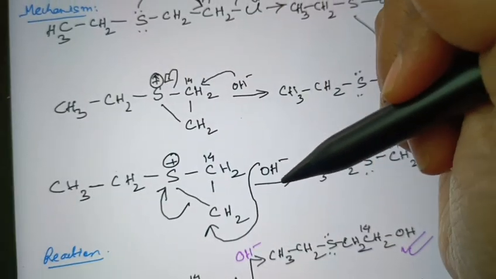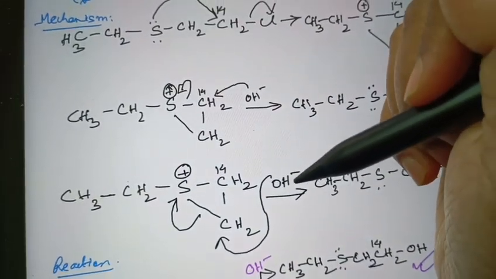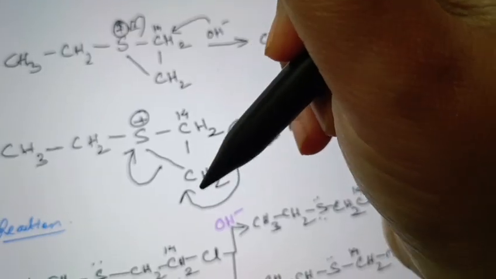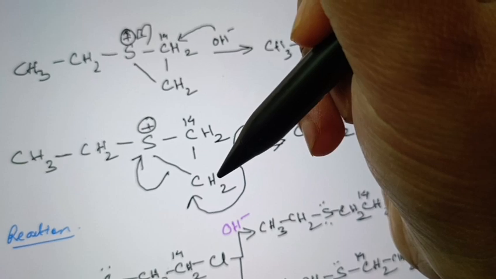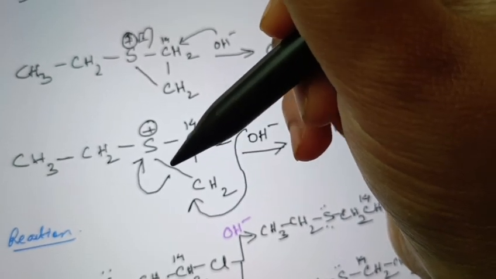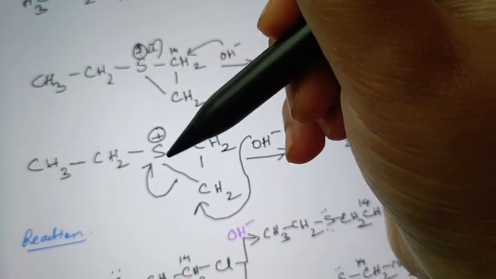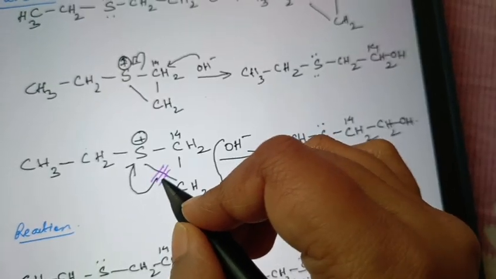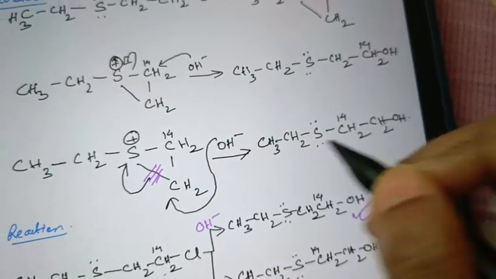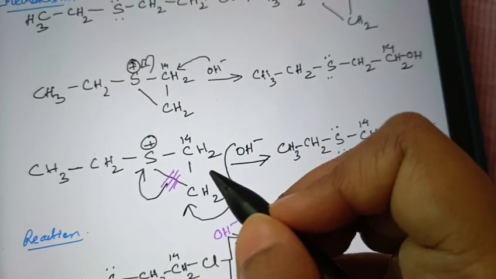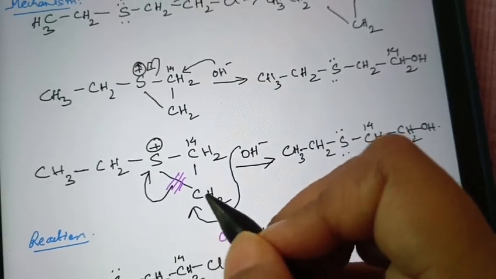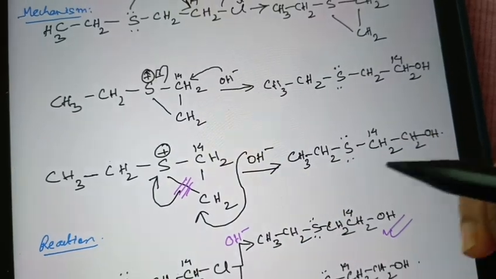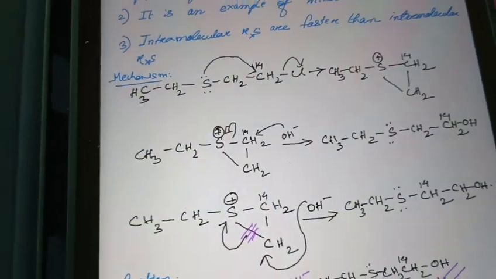And in the second case, the OH group is attacking the other carbon. When the OH group is attacking this particular carbon, that is normal 12 carbon, the normal 12 carbon and sulfur bond is broken here. Yes, this particular bond is broken, and ultimately this product is formed. And you can see here, if you open up this bond, you can see the product is formed like this. So this is the mechanism of